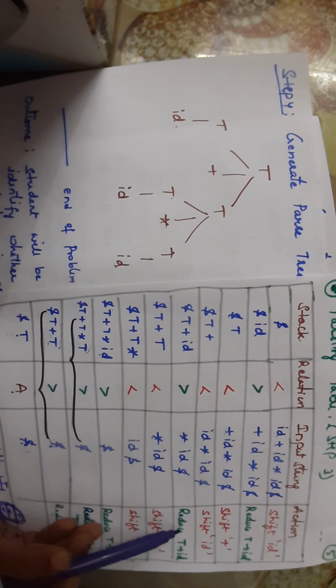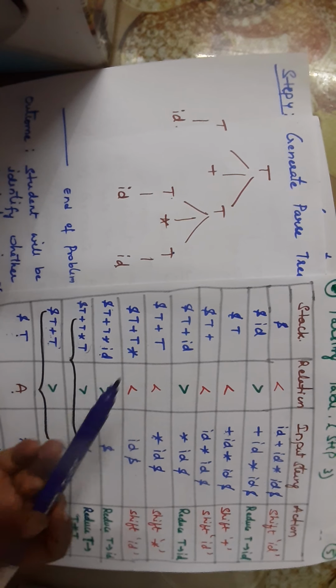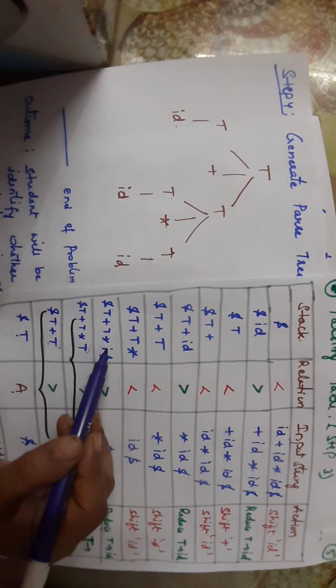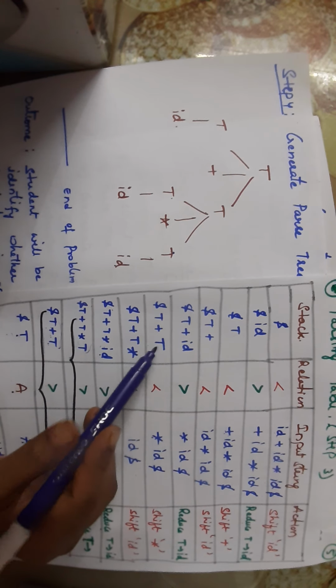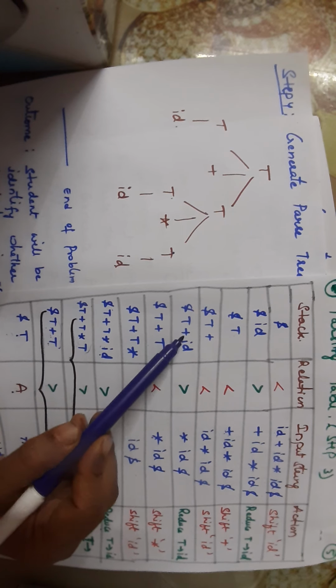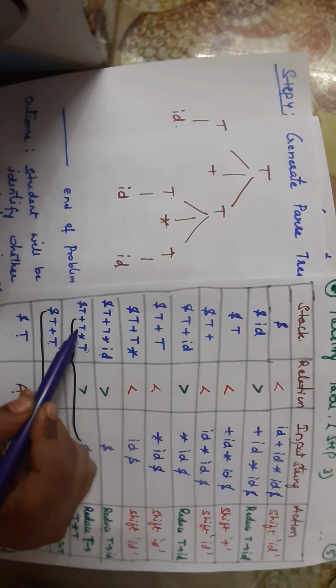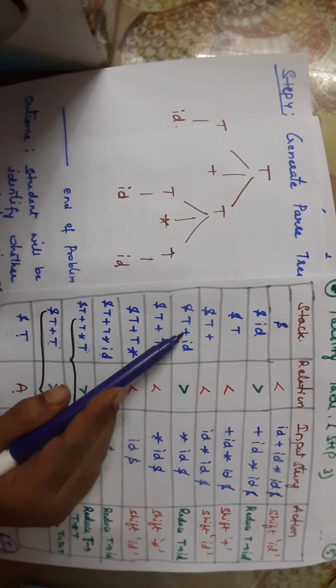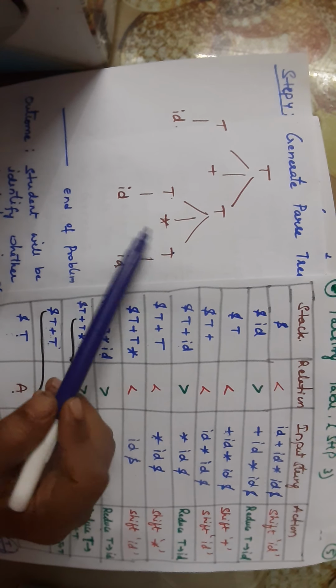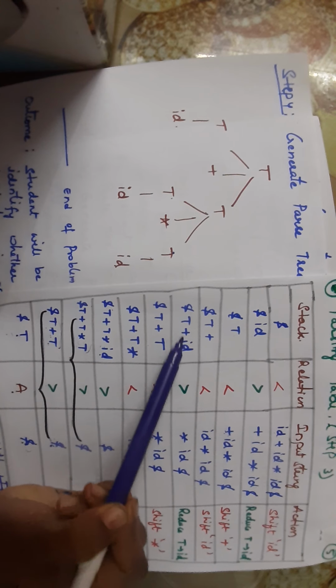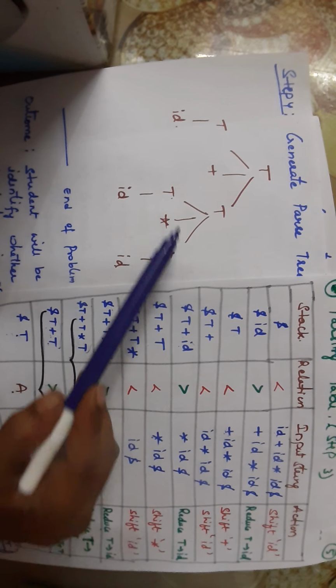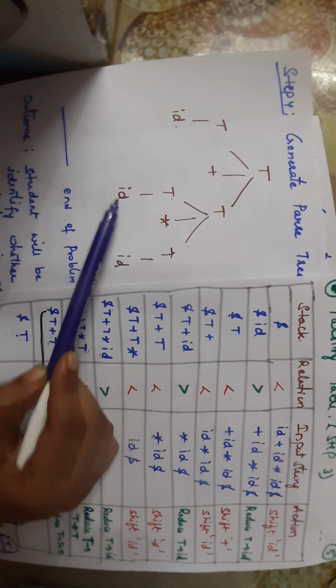Then the next reduce operation is this. This is again T reduces ID. So this is related to which one? If you go up to the top, this is related to the second T. Why is it the second T? Because after plus, what is the T that is present? That is the second T. After T plus we have ID. So that is related to plus; after plus whatever it is, that is the second T. So below the second T we are going to write ID.